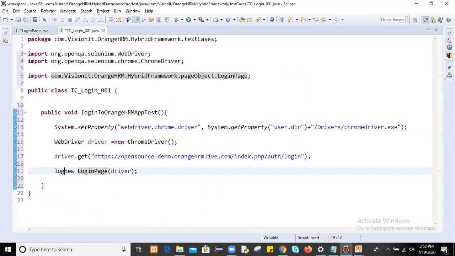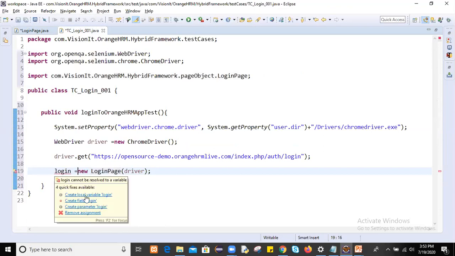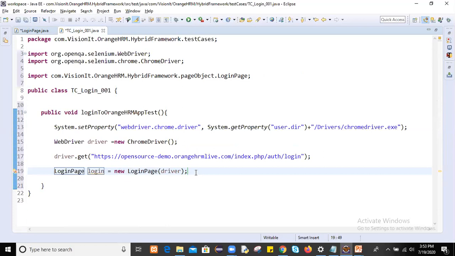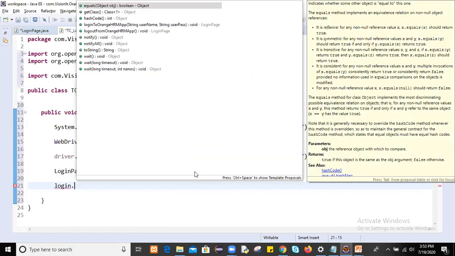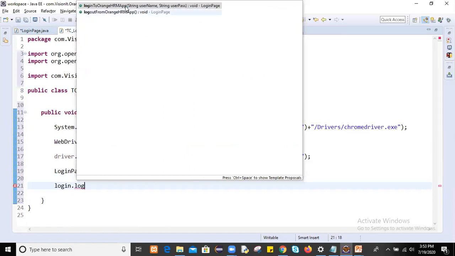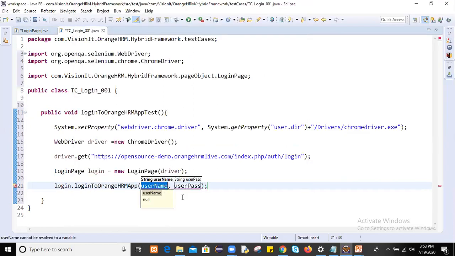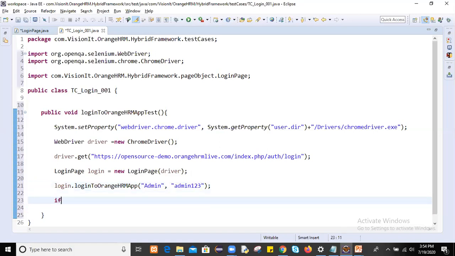Then after that, create a local reference for login, and with this login, just call the method login to Orange HRM app, and pass credentials. The credentials are, as of now we'll hard code it, admin 1 2 3. On successful login, what are we checking?